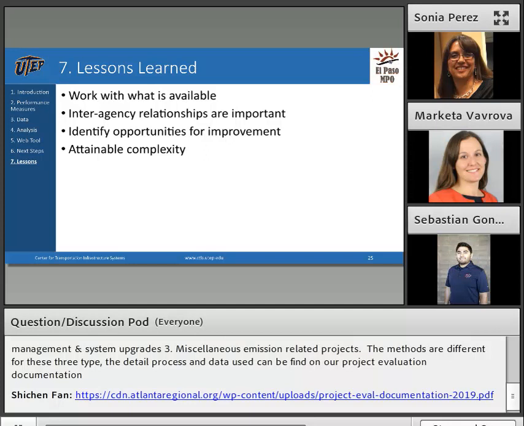When we started, we didn't know what we didn't know. So for example, we found out that smaller municipalities often don't even have in-house GIS. They may have some PDFs, some images, and that's how we realized that it's really important to have standardized data formats in the region. So things like this we identified as future opportunities for improvement. And then ultimately, it's important not to overcomplicate things, especially since our goal in the future updates is that those updates would be handled by NPO staff.